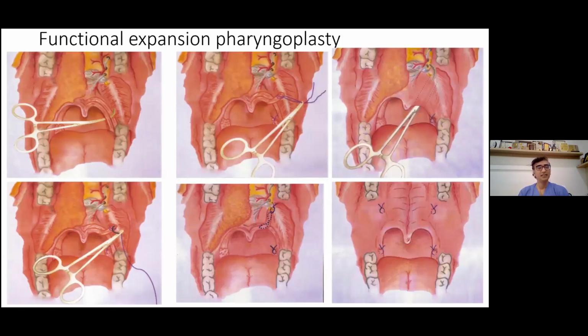The original version of expansion sphincter pharyngoplasty has been modified by a dear friend, Ottavio Piccin from Bologna in Italy. A lot of fantastic work has been done in Italy. Hats off to them. What they've done is, instead of routing through this, making a submucosal tunnel coming from the superior part of the tonsil to the pterygomandibular raphe, they just take a suture and fix it. It cuts off the surgical time